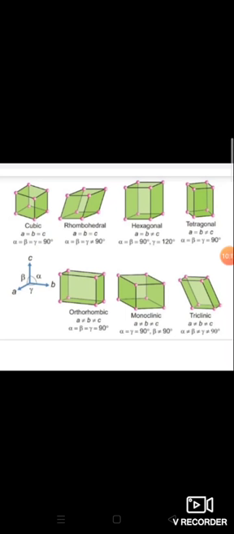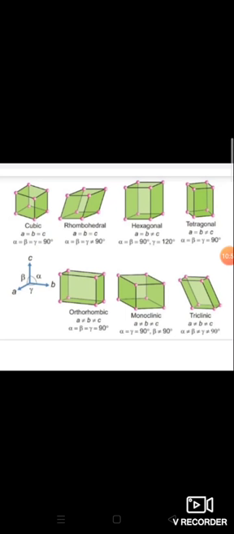The 7 lattice systems are based on the possible variations as well as axial distances or edge lengths and also axial angles. In your textbook, table 1.3 has 7 primitive unit cells and their possible variations as centered unit cells. First one is cubic. In the cubic, possible variations are primitive, body centered, face centered.